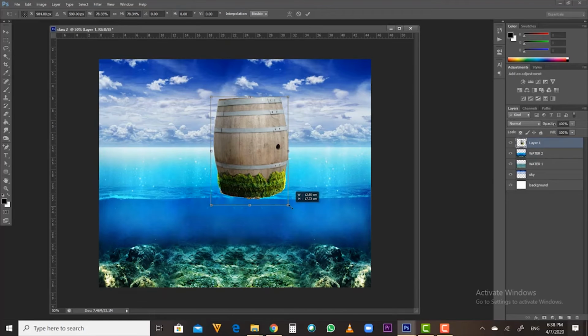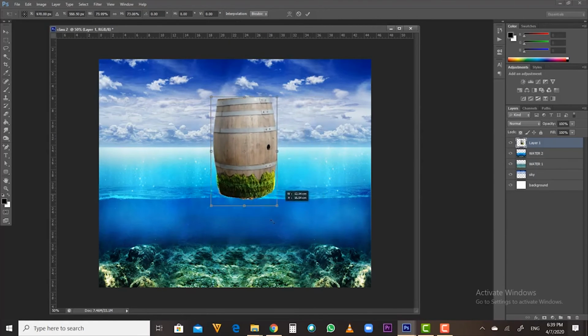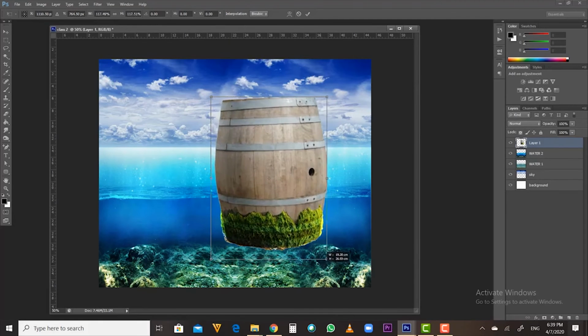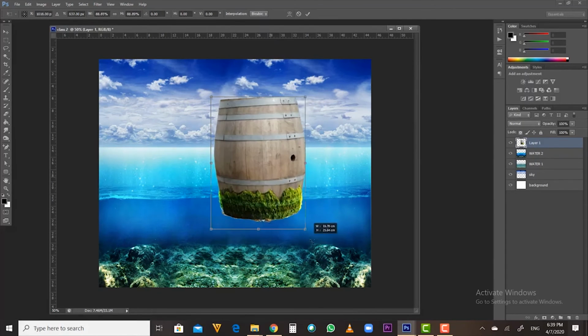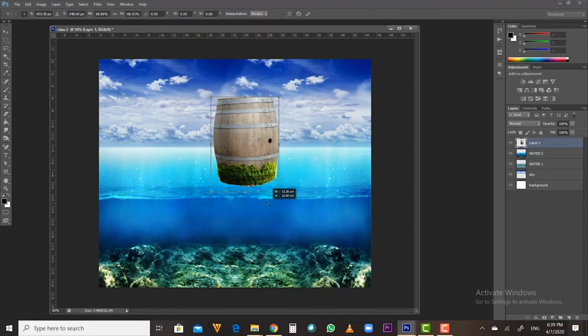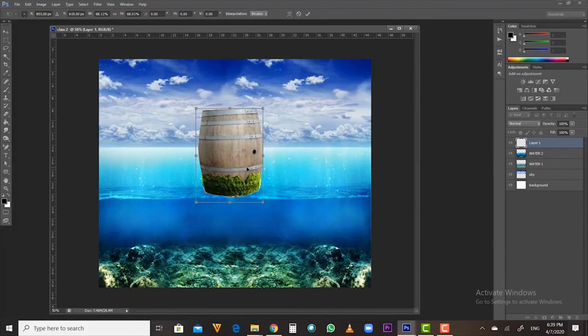I'm going to leave Shift now, and I will let you see how it looks without the Shift. If I hold Shift, you can transform the barrel, the height and width together. All right, so let's see, for example, this size will be okay for our project here,